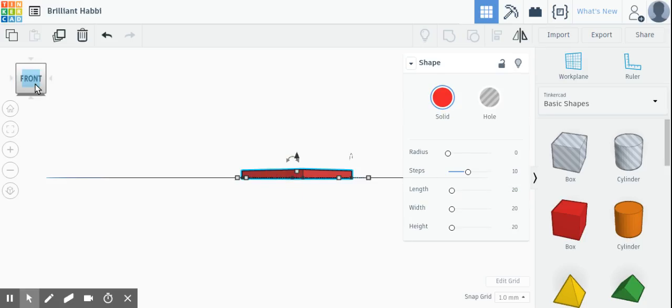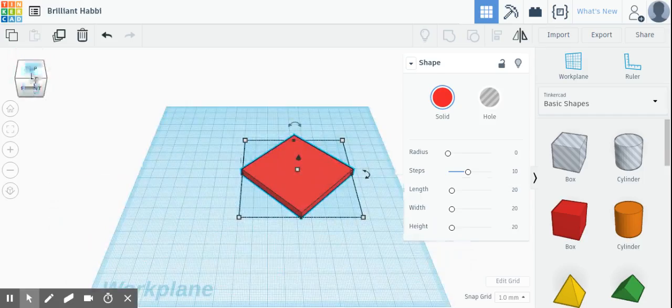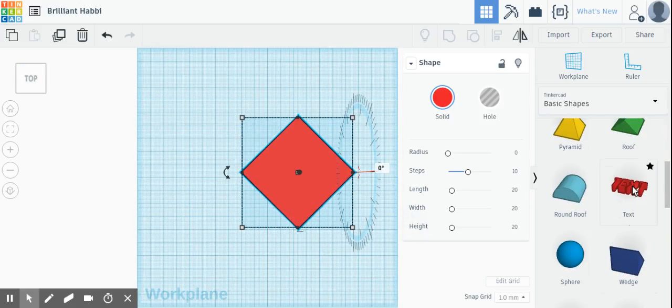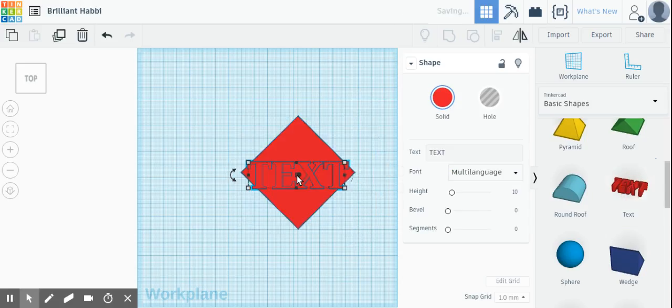Other things, so if you want to go back, you can also go to the sides, left, right, but this is probably that main angle between top and front is what you'll use for most of it, or if you're using the top. So then let's say if I wanted to add text on there, I could click the text thing, drag that over, and then I can type in like